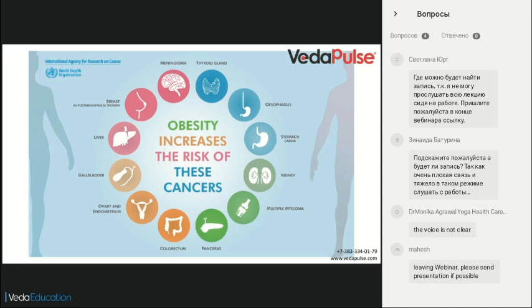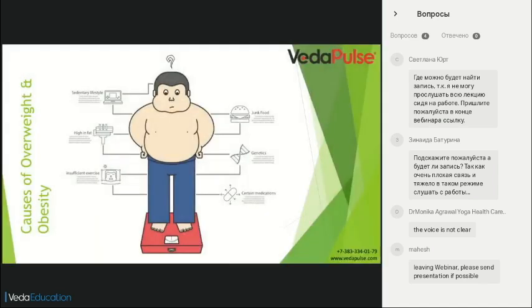So now we understand that it is very important to deal with it. Why does obesity happen? And largely the factors which contribute,